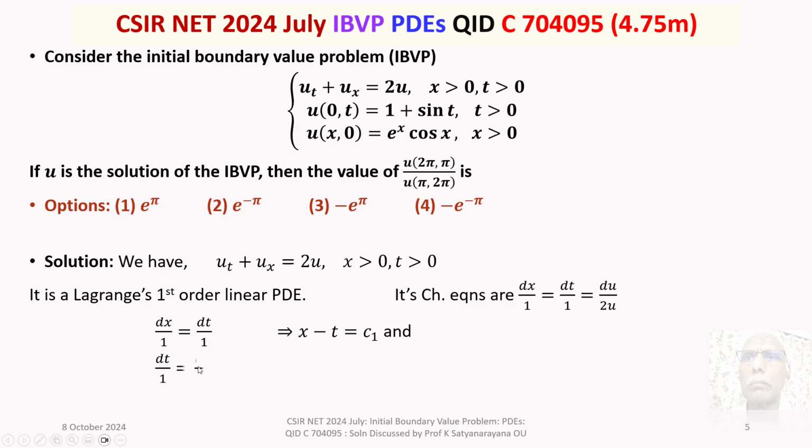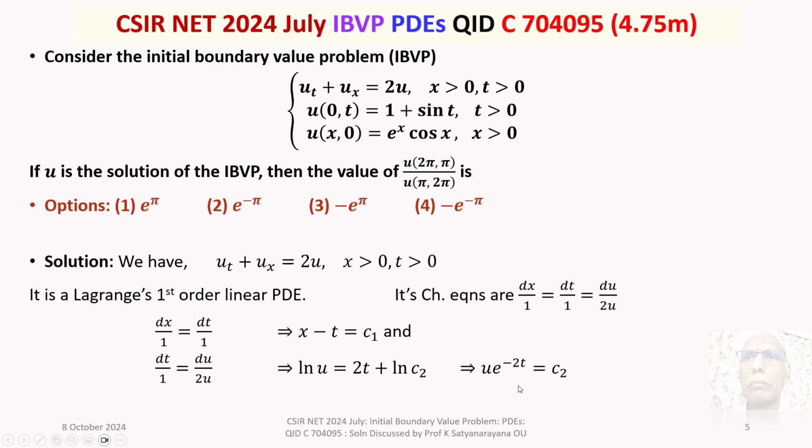And we take the second and third. dt by 1 is equal to du by 2u. Now du by u is equal to 2 times dt. Integrating, you will get ln u is equal to 2t plus ln c2. That will imply ln u is equal to ln of e power 2t into c2. That is ln of c2 into e power 2t. Taking out the ln, you will get u is equal to e power 2t into